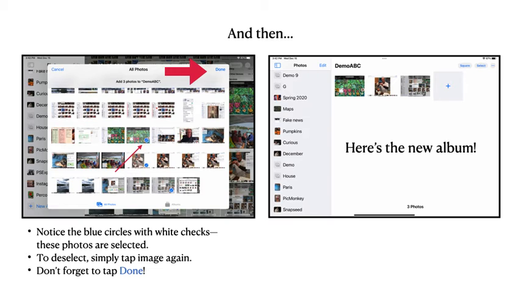Now, again, it's important at the end to tap Done, because if I don't tap Done, there'll be no album. And when I go to my albums, I see that I have my new album, Demo ABC. I can still add more pictures. You see there's a plus sign. If I want to add some more pictures, I just tap on it and I can continue to build that